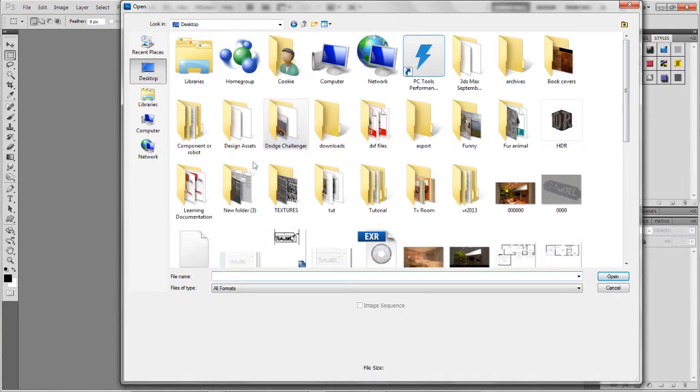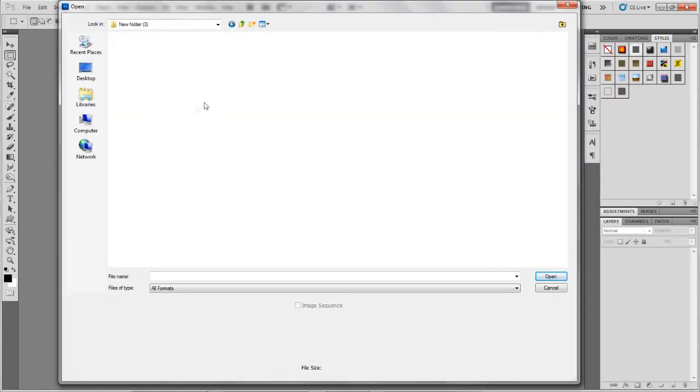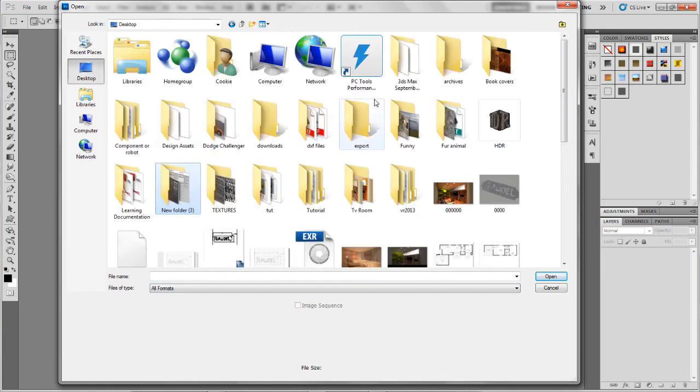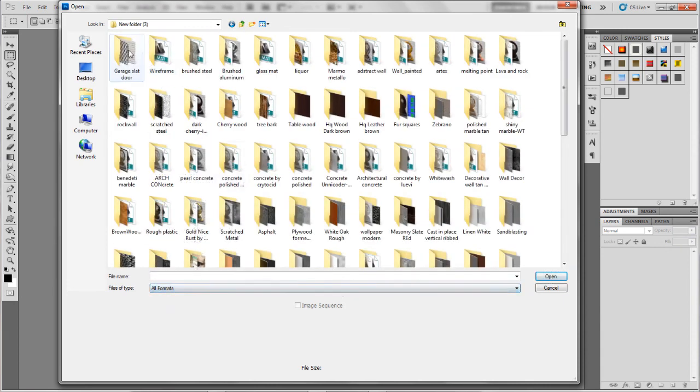And the texture that I'm going to use, you can find at vray-materials.de, and there are plenty of other textures there. So I'm going to use